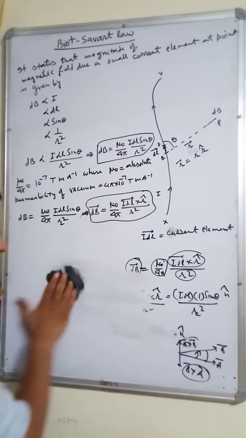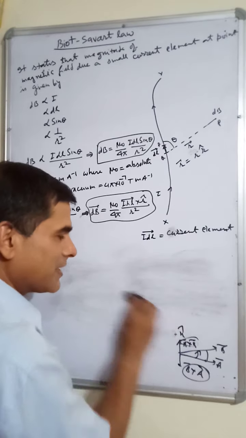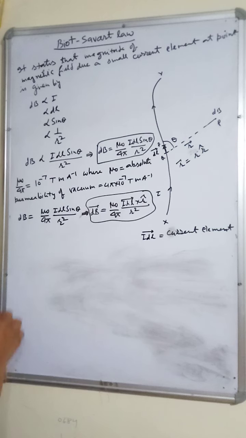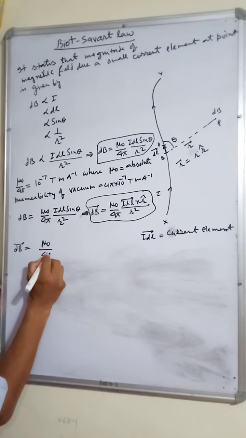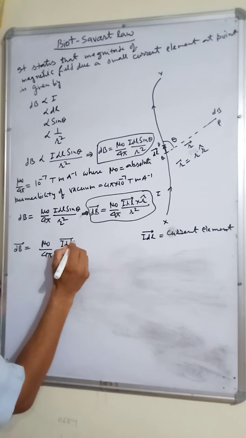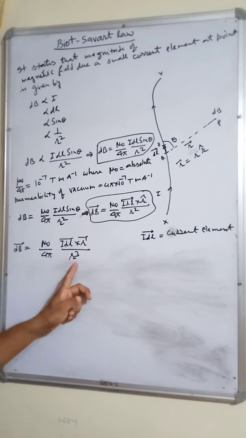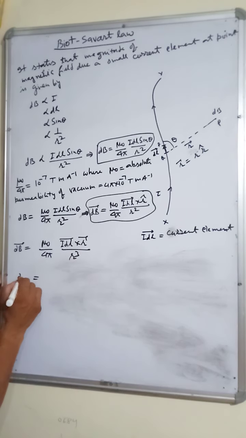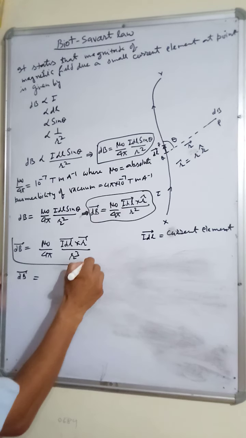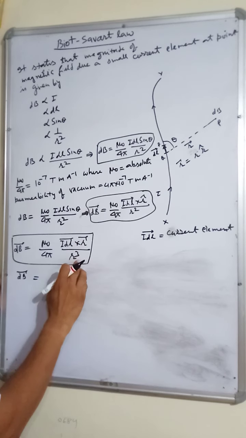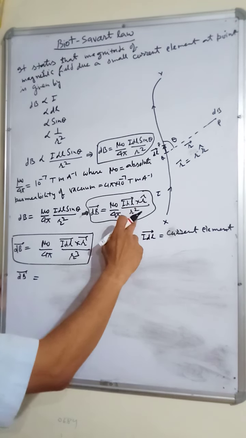So now here let us see one important thing. We can also write in the vector form this dB is equal to mu naught over 4 pi I dl cross r upon r cube. Here I have taken the whole vector, so I have to increase the r power by one, because if you open it, this is another way by which we can write the vector form. If we have the whole vector r, then here will be r cube, and if you have r cap, then it will be r square.